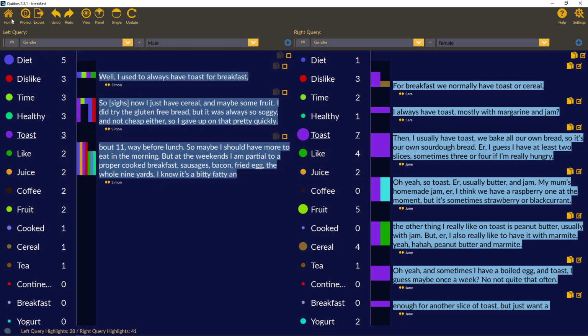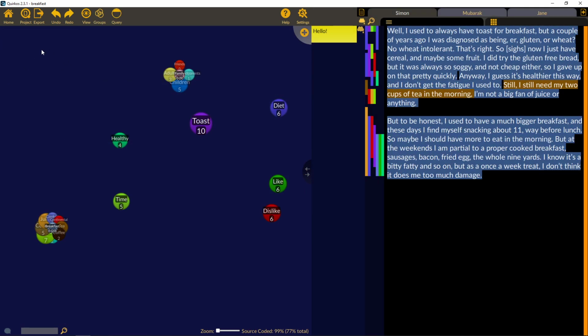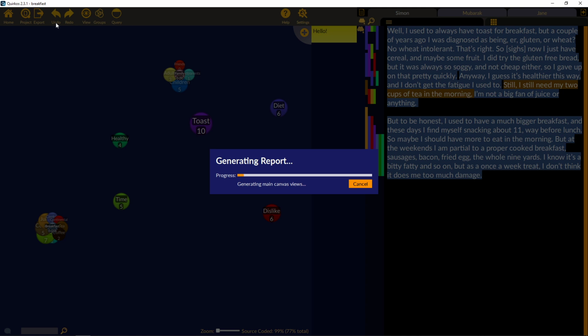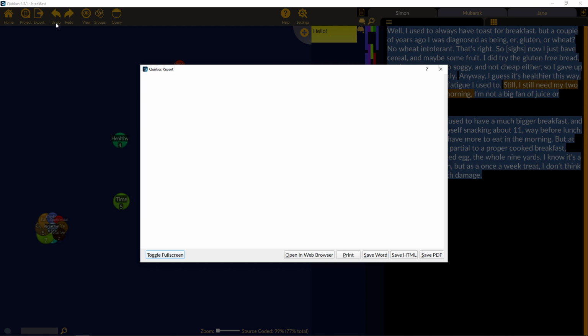Let's click on the home button here. That'll always take you back to this view and look at some of the other export options. So if I click on export here, you can see I can create a report here. I'll show you that very quickly. That's a standard report which gives you all the information about the different things which are happening in the project. So for example, we've got here